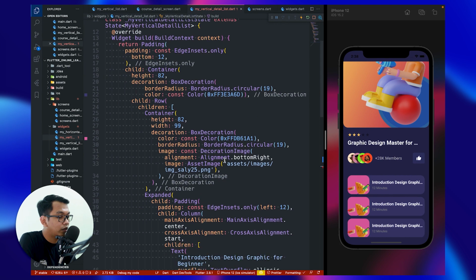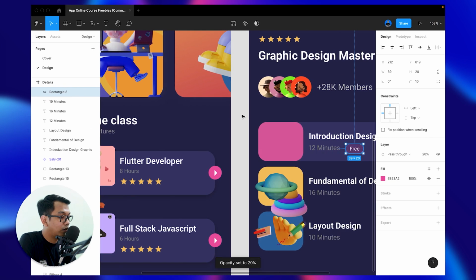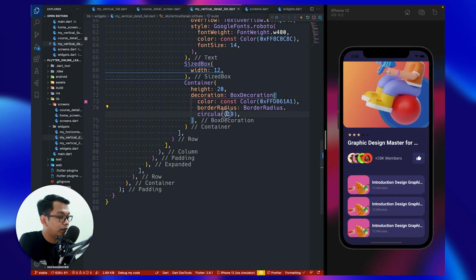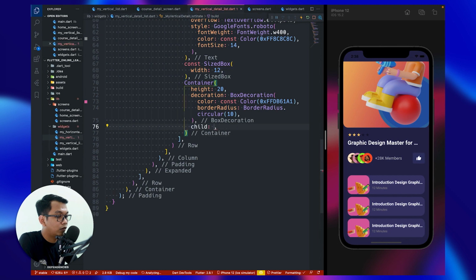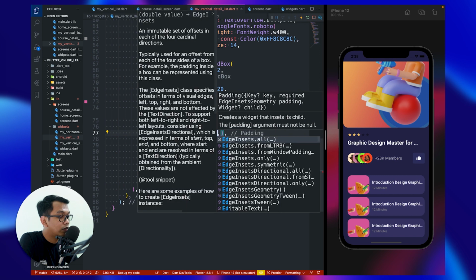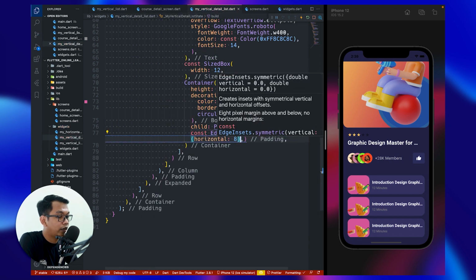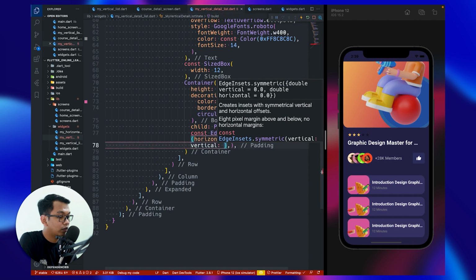So copy this, paste here, and we don't need this image. For the radius 10. And for the child, we use Padding. Inside that, we say symmetric, horizontal 8, and vertical is 4.